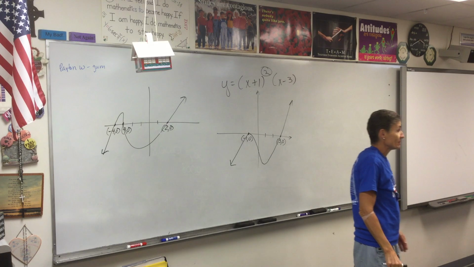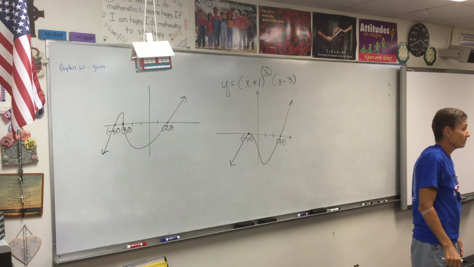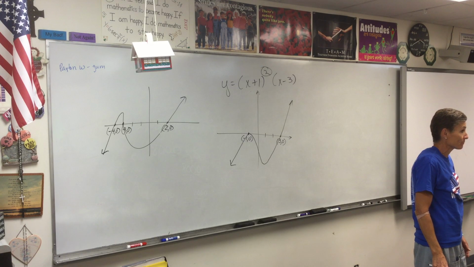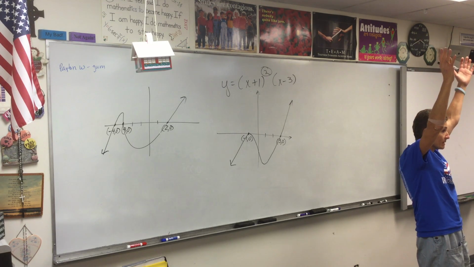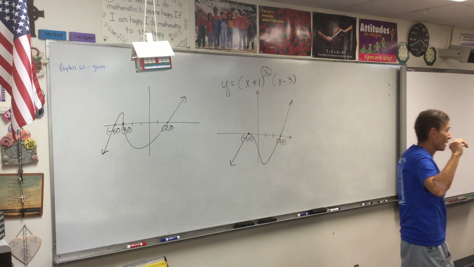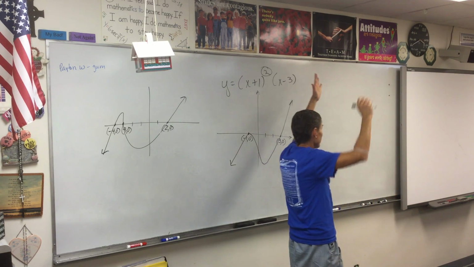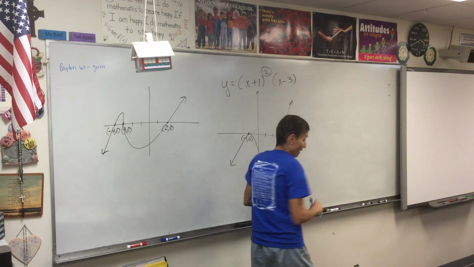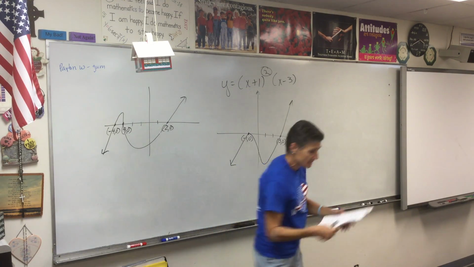Tell me about even powers. Think of your parabolas, x squareds. How do they behave, Paul? They end up similar. Exactly. They start up and end up. So if you have an even power, you start up and end up, just like a parabola. So if I'm graphing problem D,